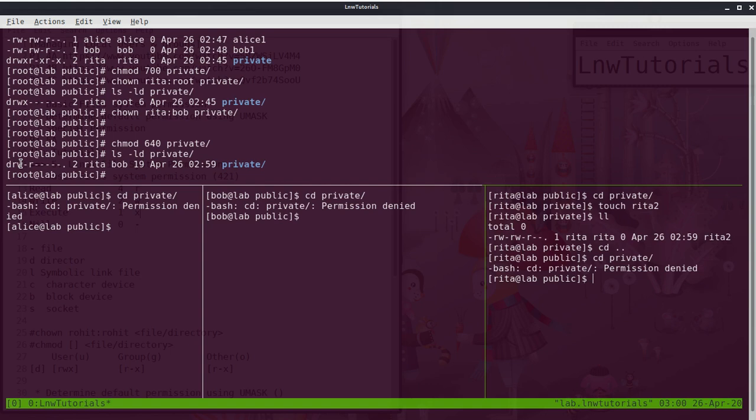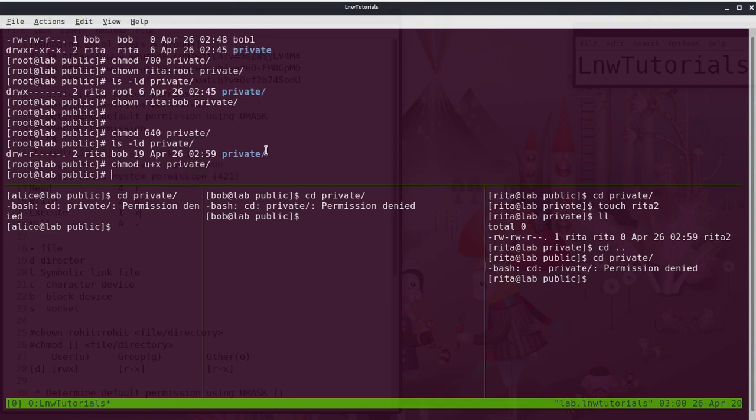Even though she has the read and write permission, Rita doesn't have the execute permission. Now we need to add the permission: chmod, user needs to add execute permission on the private directory.